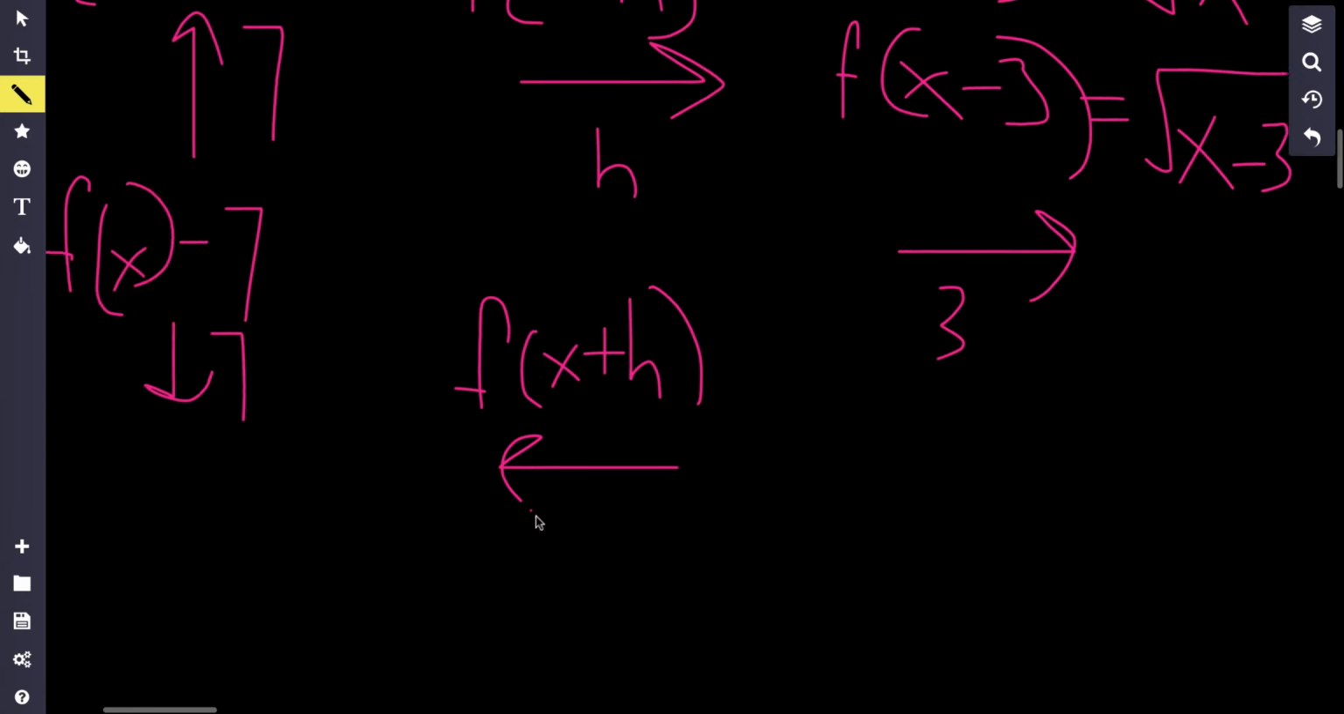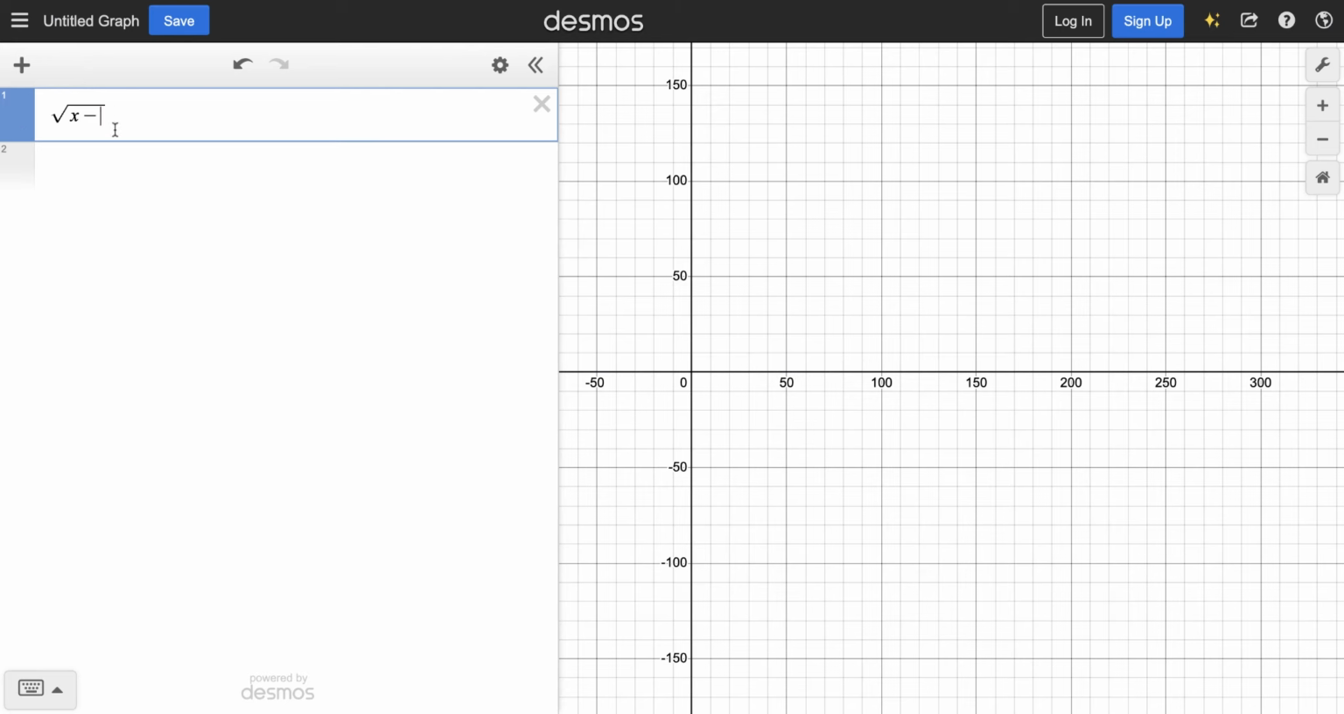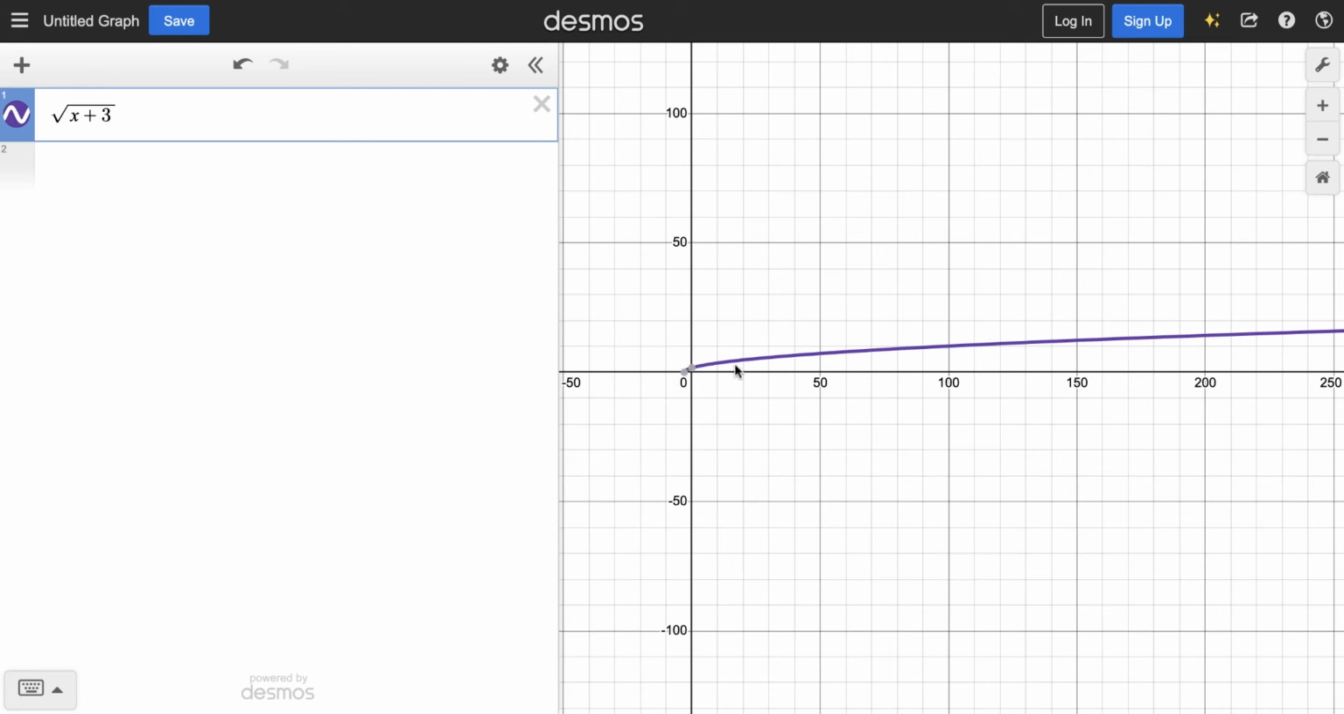Likewise, if you add to the inside of the function, it's going to move it to the left. So adding to the inside of the function moves it to the left, in this case by 3 units, 10 units,